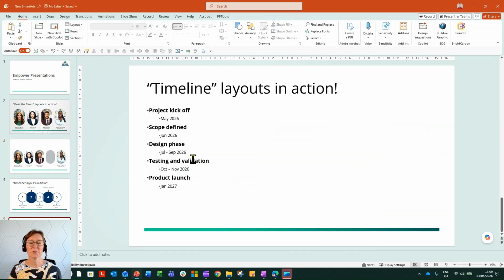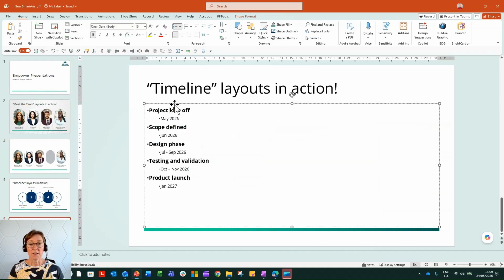Okay, so let's have a look at the Timeline SmartArt layouts. I'm going to start with this slide that has the titles and dates written on it. Those are in bullets, and to get the second level of a bullet, we can tab across. Once we have our content designed like this on the slide with bullet points, we can quickly convert it to